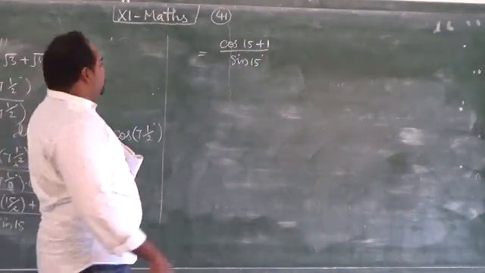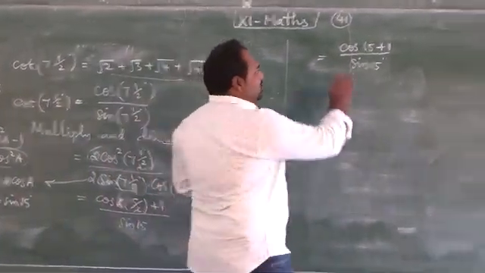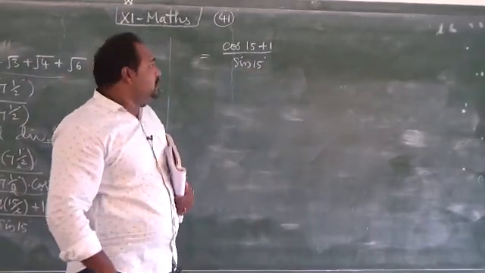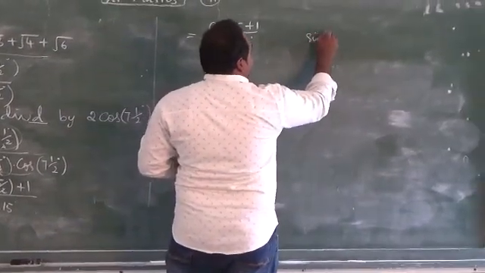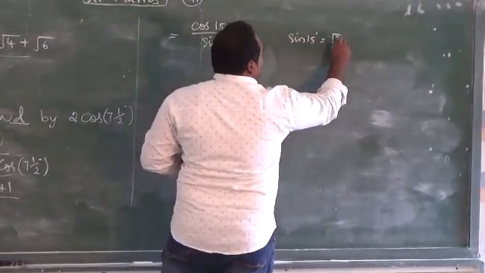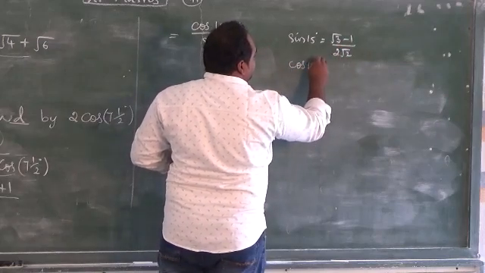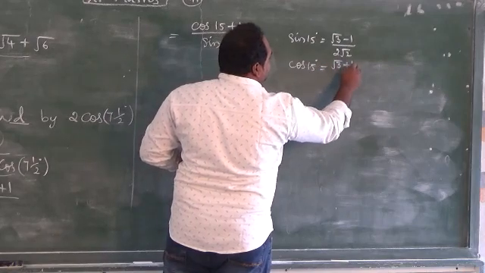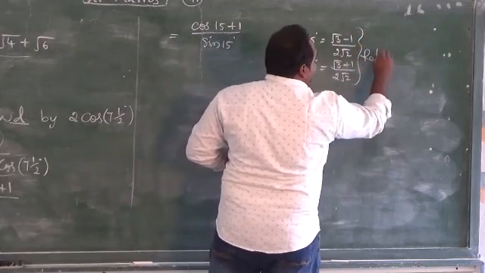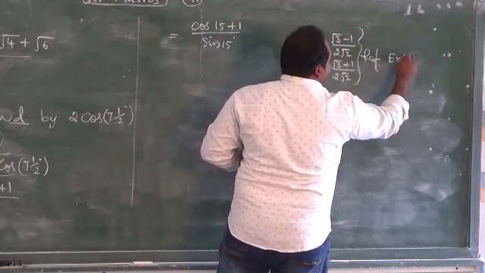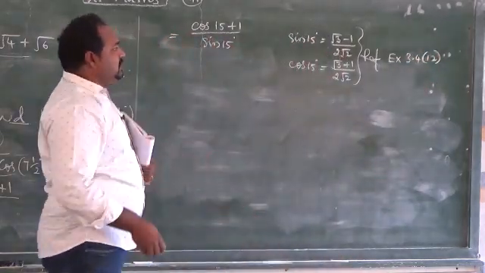After that, we have to prove this answer. So we are supposed to bring in the values. Here we have cos 15 and sin 15. I have to find the cos 15 value and sin 15 value. Already we have found that the sin 15 value is root 3 minus 1 by 2 root 2, and the cos 15 value is root 3 plus 1 by 2 root 2. Please refer to this in exercise 3.4, problem number 12. Already we have done it in the previous videos.